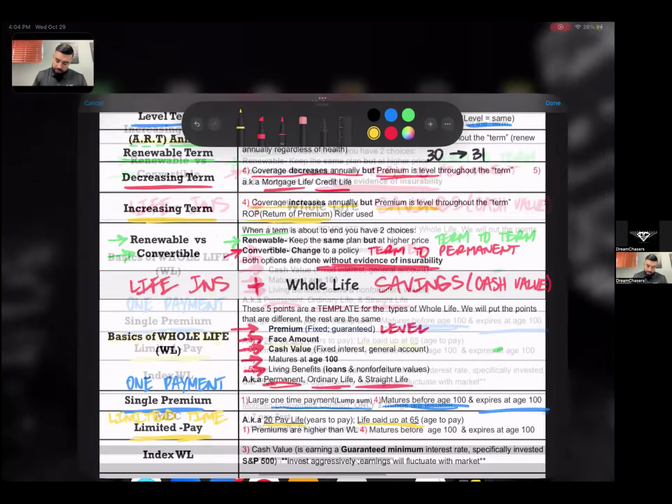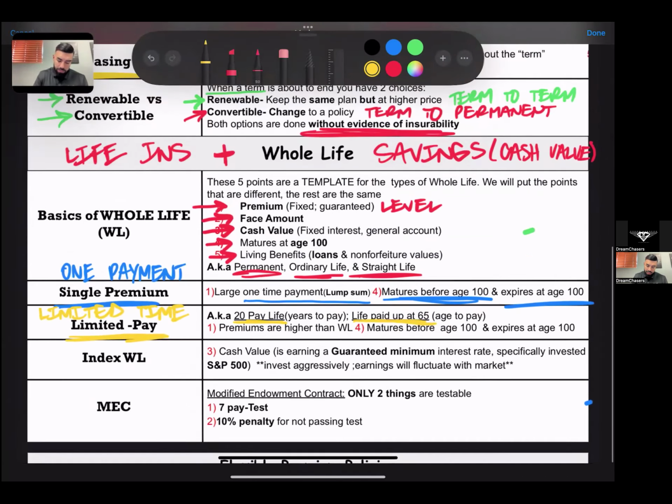perfect. So next one is what is known as an index whole life. Index, or you may see it written as indexed with the ED at the end, indexed whole life is a life insurance policy, whole life. Once again, it's going to cover you till you're 100 years old, but the savings portion of it, the cash value portion of it, is directly tied to an equity index